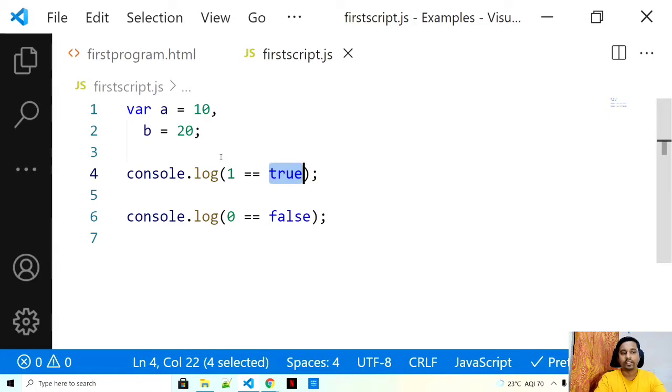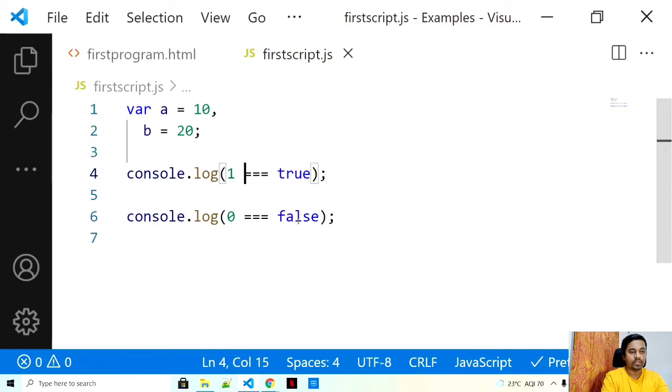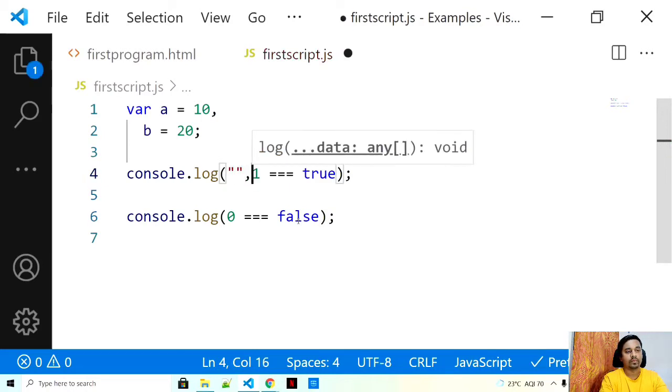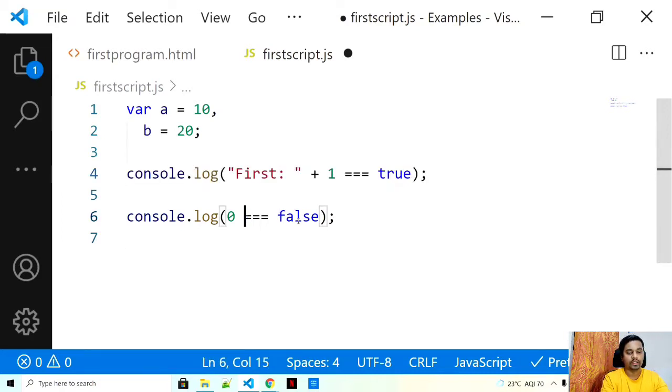How to tackle this? The easiest way JavaScript thought of was to add another equal to. So let's check out what this another equal to does. First my first question and my second question.